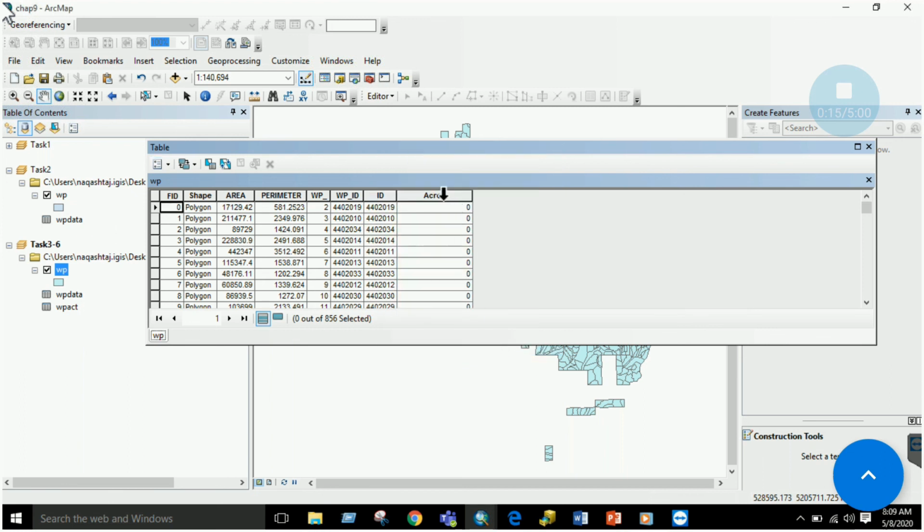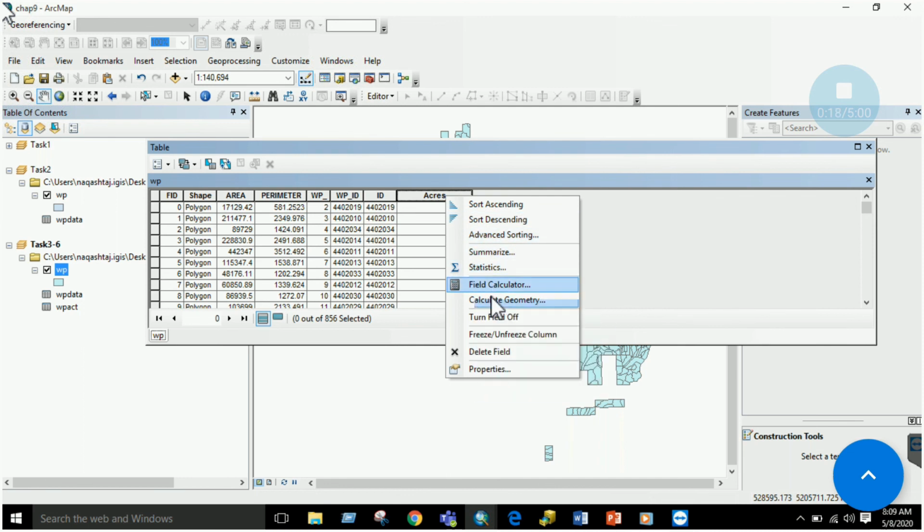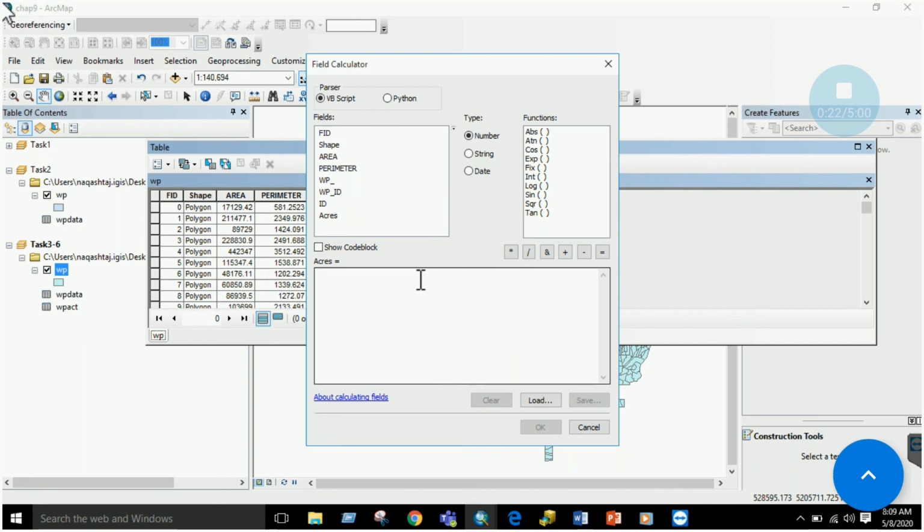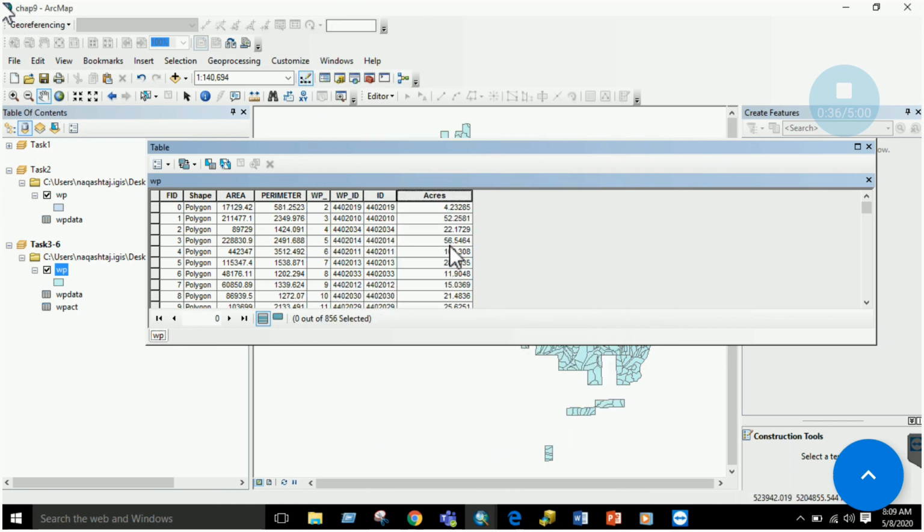Now this task asks you to calculate the field, use the field calculator, and paste the formula from the Word file, where your area field will be divided by this number, right, and then multiplied by 247.11 and click OK. So your area in acres will be calculated. So this is basically about adding a field and calculating the area, right?